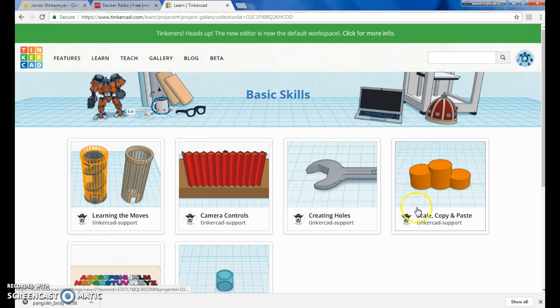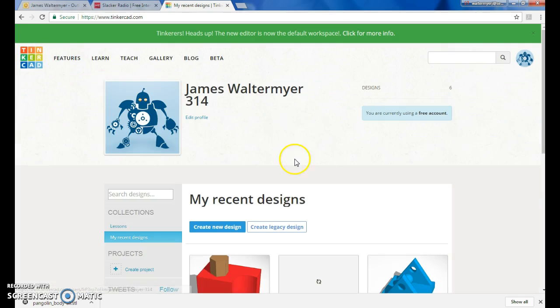If you do a lesson and then you want to start making something, make sure you start a new drawing or new design. Don't do it in the lesson. I've had people do that and then there's no way to export it because it's not actually something that you've made until you're out of a lesson. So I come here,